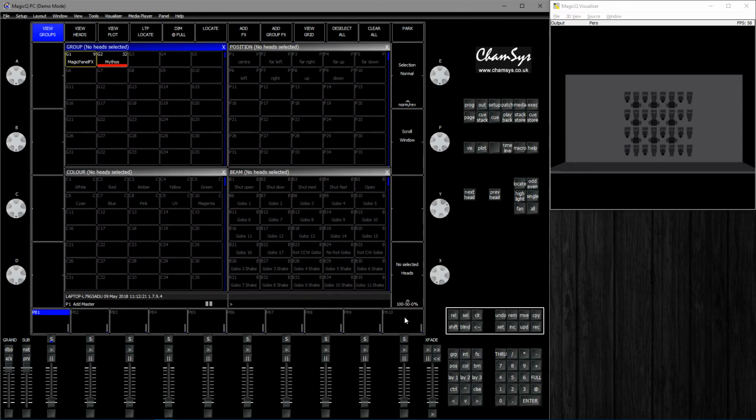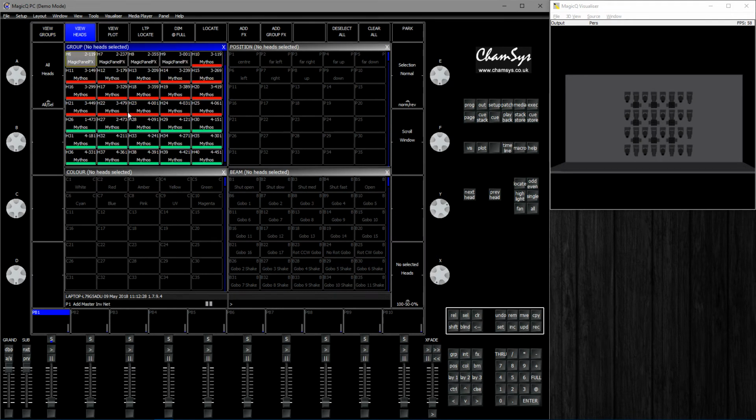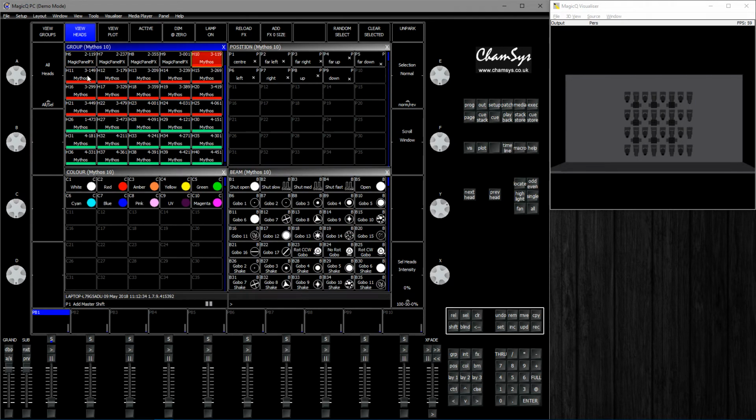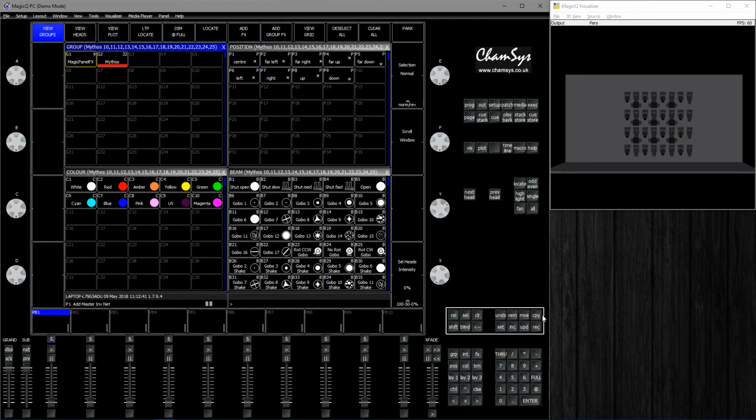Now I'll go back into the group window. I'm going to create some groups for those. So to select multiple heads, you could hold down Shift, and you could take each of these heads like that and go back to view groups, record your group, and then either type your name for the group, so let's say wall, set, and then that one, and then press the group or the box.